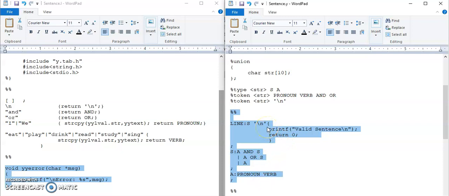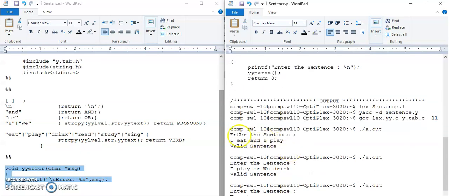Because we want to check the grammar, which will have a simple sentence like a pronoun followed by a verb, or which may have a compound sentence where two simple sentences are combined using maybe AND or OR. So I have written: line gives s \n. So why this \n? Because whenever we type the input, at the end we will press the enter key.